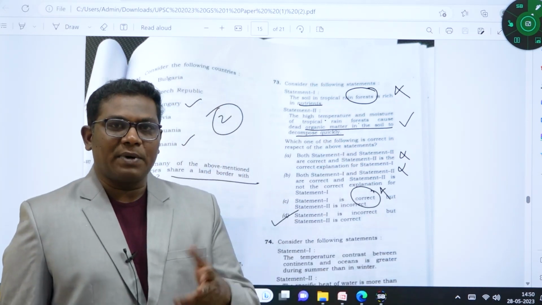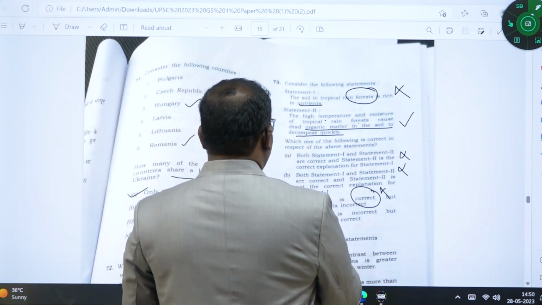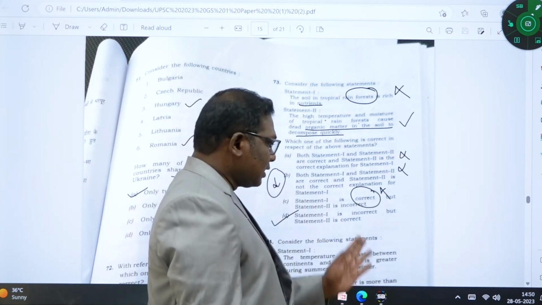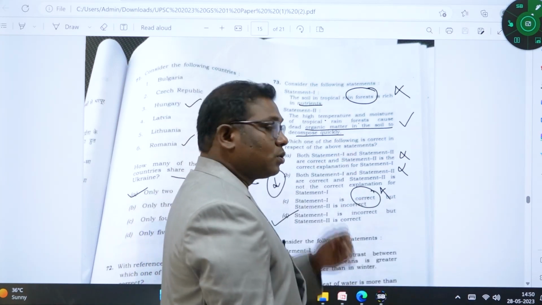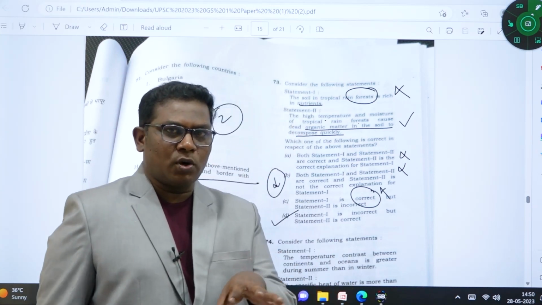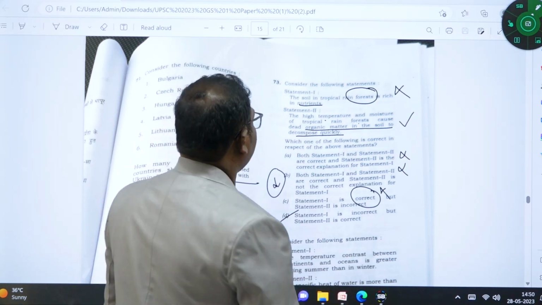Whether it is really happening for the better soil conditions, that is a different issue. D, statement 1 is the wrong statement. That's why statement 2 is correct as mentioned in the option, and that was true also according to the subject. Here I am not discussing the subject, I am not going deeper into the aspects. I am here to provide the authentic key.